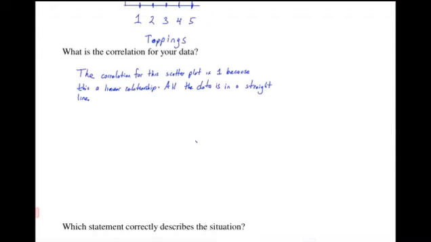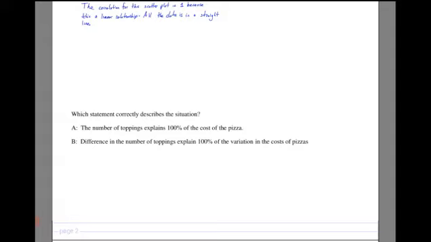Now we have one last question down here. Which statement correctly describes the situation? The number of toppings explains 100% of the cost of the pizza. The difference in number of toppings explains 100% of the variation in cost. So let's look back up here. 100% of the cost. So if we're saying A, the number of toppings explains 100% of the cost, we're saying